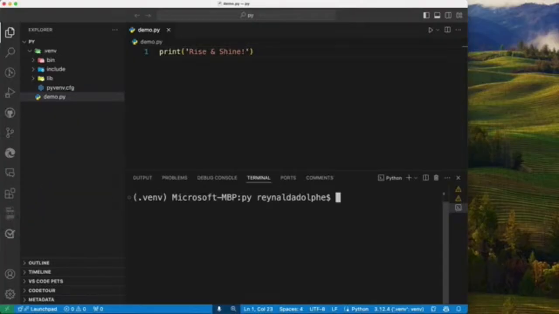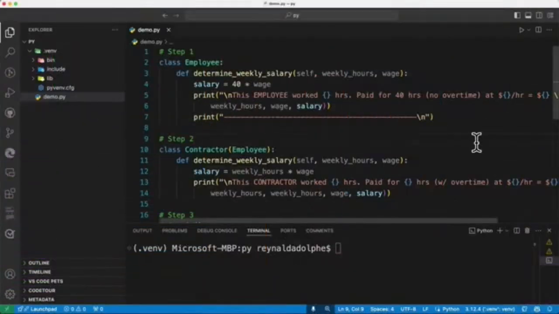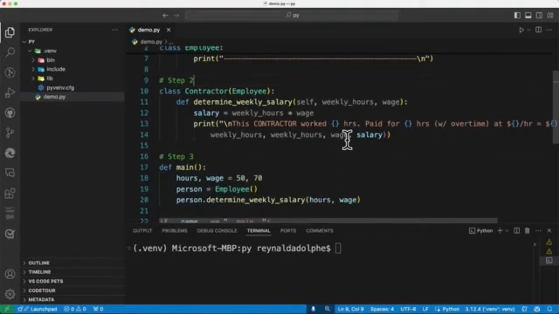Now there are a few things I want to show you in respect to code navigation and debugging, but that requires a little bit more code, so let's set that up. Now, because of the extensions and the way that we set up our environment, we have a lot more flexibility to navigate